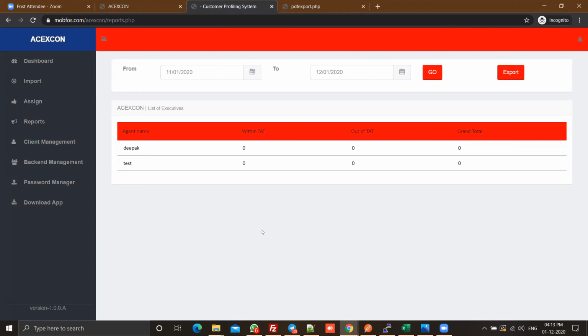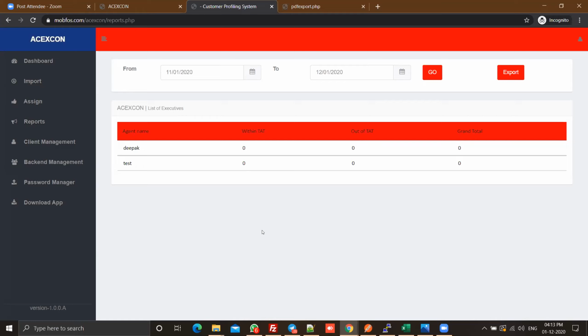The TAT is customizable. If you want the TAT to be 5 hours, as in you want the case to be closed within 5 hours of assigning, just let us know and we'll change that in the app accordingly.